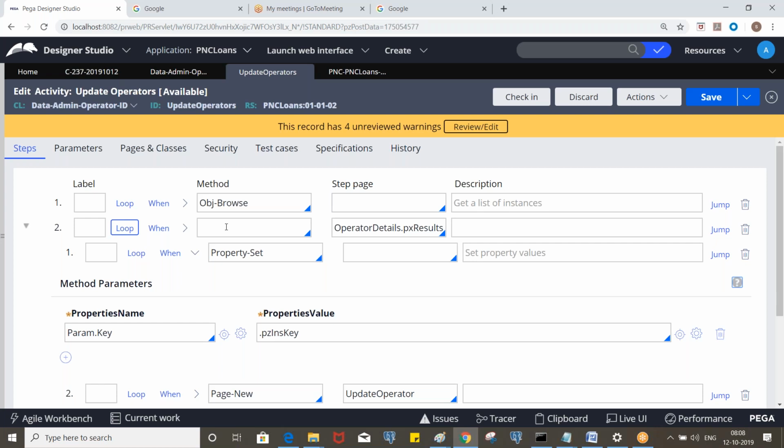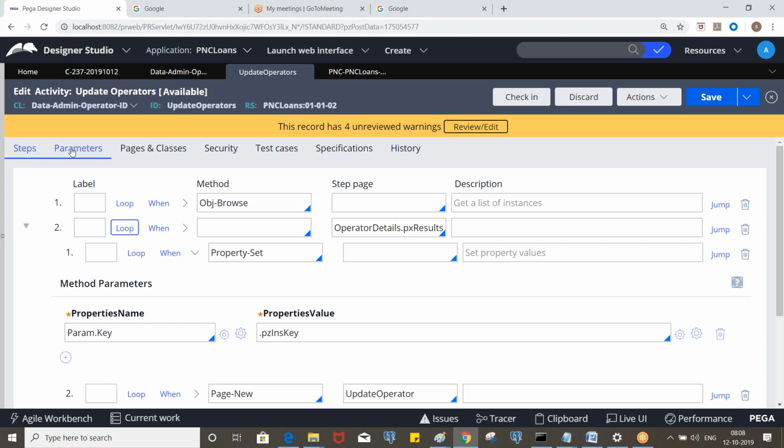If you want to pass parameters, it has to appear in the parameters tab. But here we are not passing the pzInsKey from somewhere else, so you can also define it like this without defining it under the parameters tab.